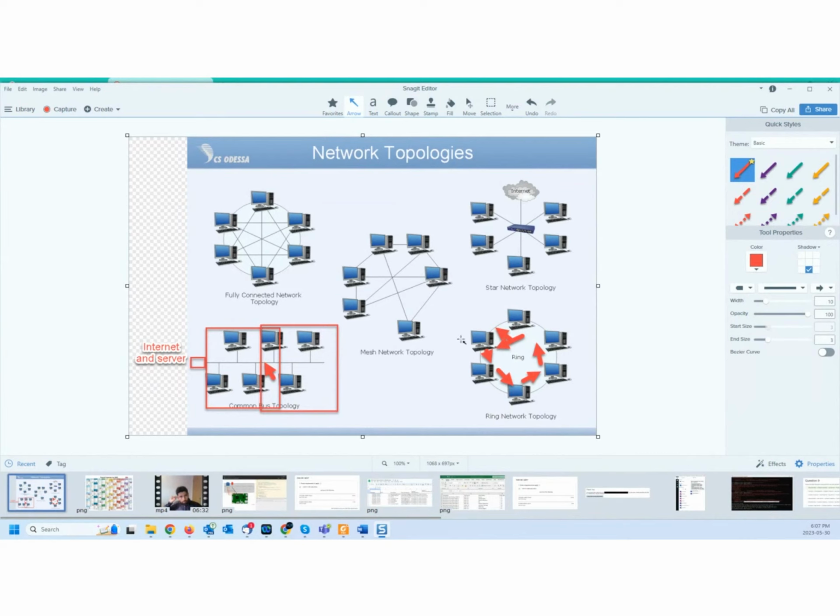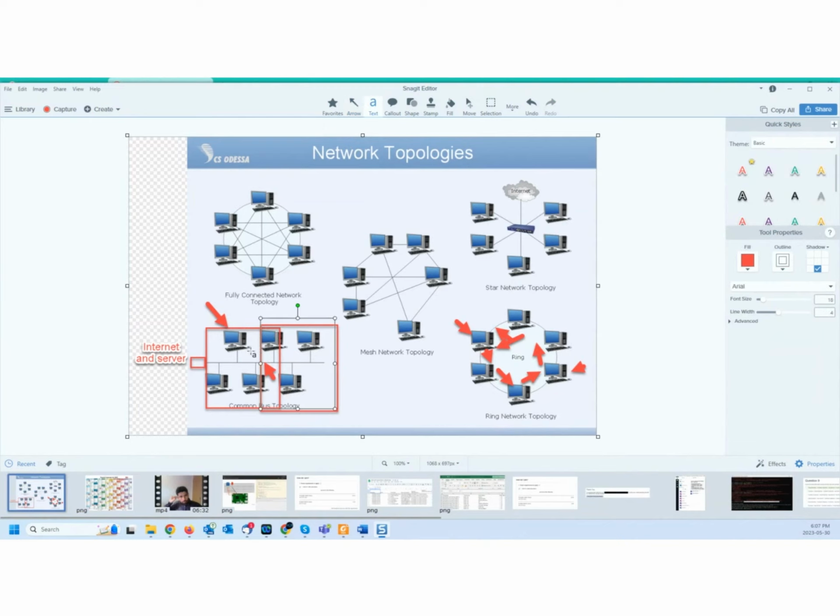So if I need to send the data, if this is computer number 1 and this is computer number 4, if I need to send out the information from this computer to this computer, it has to pass through all these computers to get here. See that? In the bus topology, if I need to send information from this computer to this computer, it does not need to go onto this computer as long as it does not need to send it to this computer, because if they want to communicate with each other,